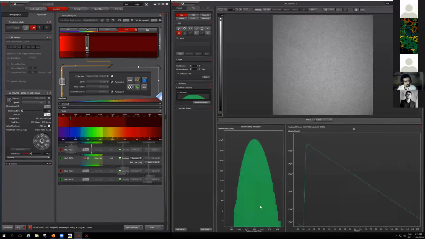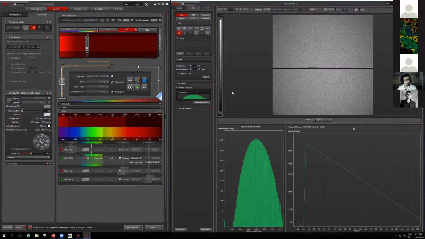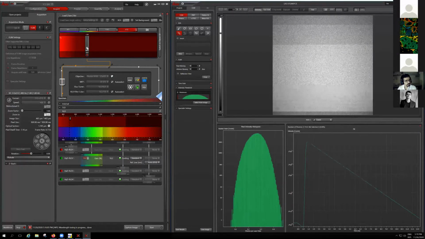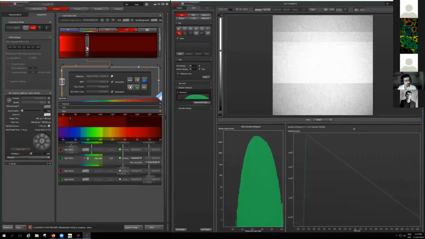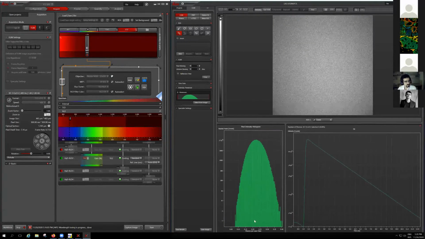So what you see, it seems that I'm saturating the detector. The detector is not happy really with this much. So I can increase a little bit more. And in some points, yes, it is saturating. So the point here is that I'm not saturating the electronics to do the